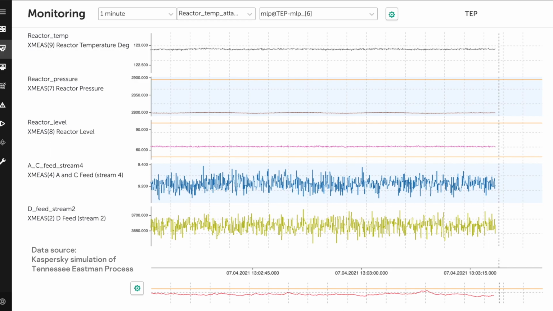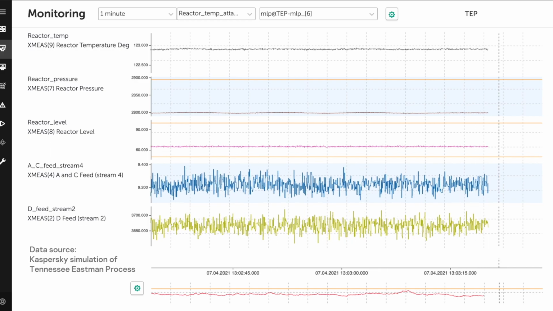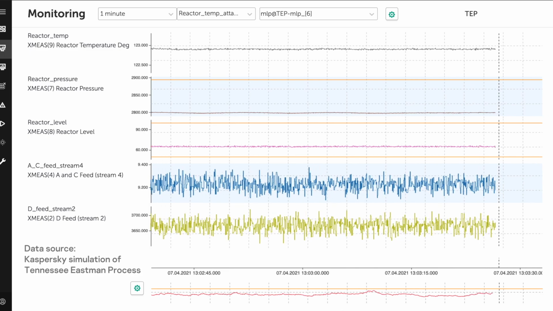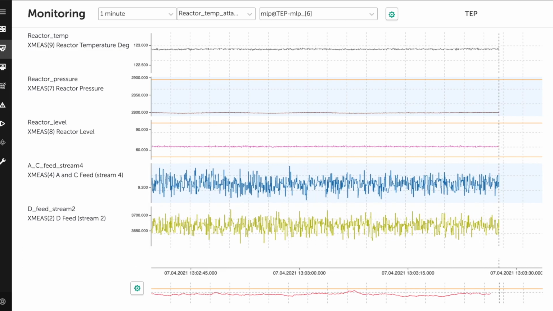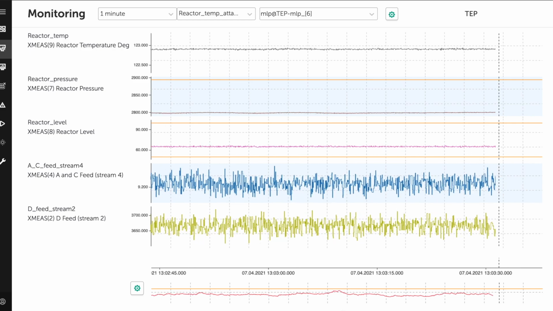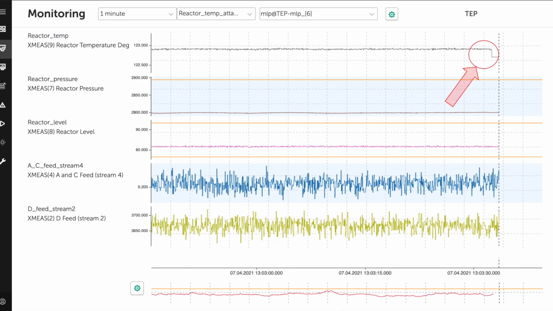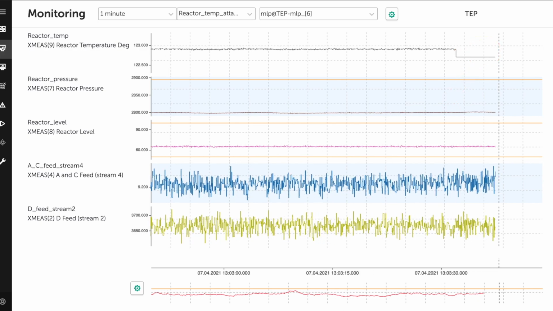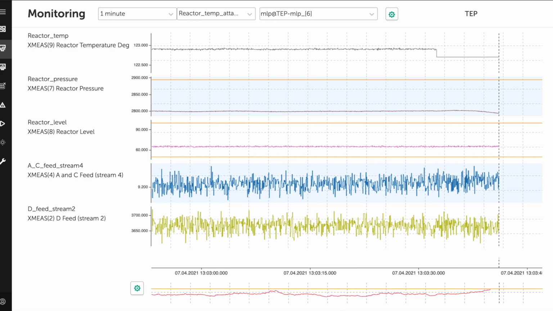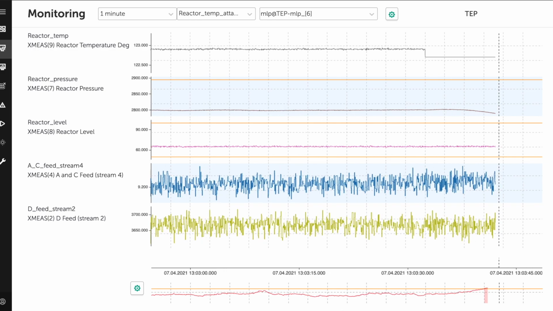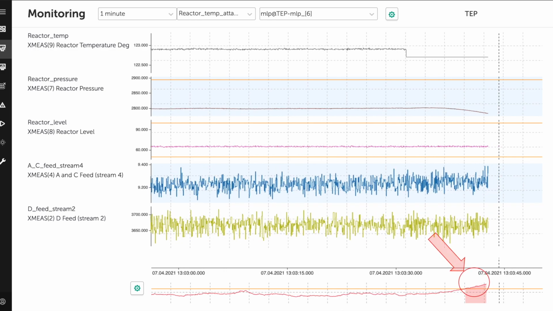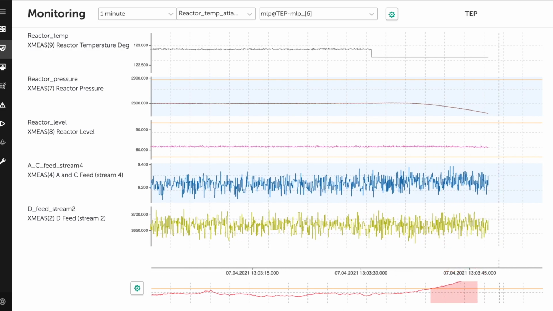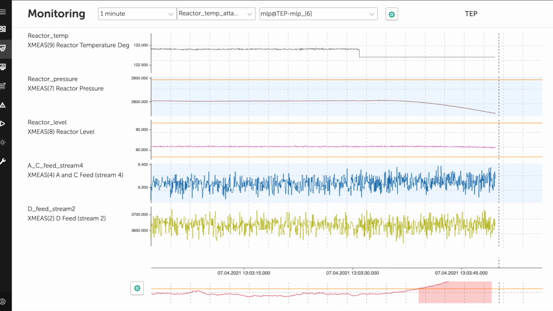This is the Kaspersky MLAD web interface receiving telemetry from a chemical plant. The time flow is sped up by a factor of 60. Due to failure of a sensor, the reactor temperature readings begin to repeat the same value. This value, by itself, is normal, and no immediate effect is observable in the reactor's operation. However, Kaspersky MLAD detects slight changes in the behavior of other parameters, and indicates that an anomaly is taking place.